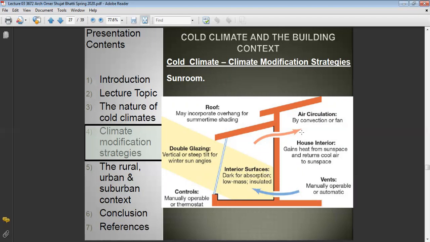Air circulation by convection or fan. The house interior gains heat from the sun space and returns cool air to the sun space. So that is a mechanism in which the air movement happens: since heated air is lighter, it will be on the upper side, where there can be an inlet to let it in, and comparatively we can have some other outlet so that it can be transferred back, and a loop can be achieved. Once it's night time,